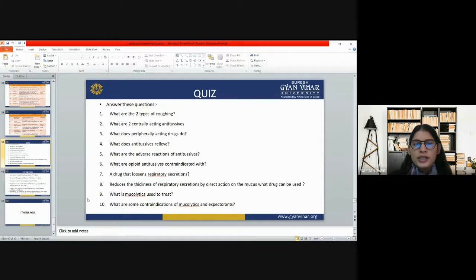Then, what do peripherally acting drugs do? How do they work? We have already studied the mechanism of the peripherally acting drugs. What does an antitussive relieve? Easily, it is cough. Then what are the various adverse reactions of antitussives? That is clearly mentioned in your